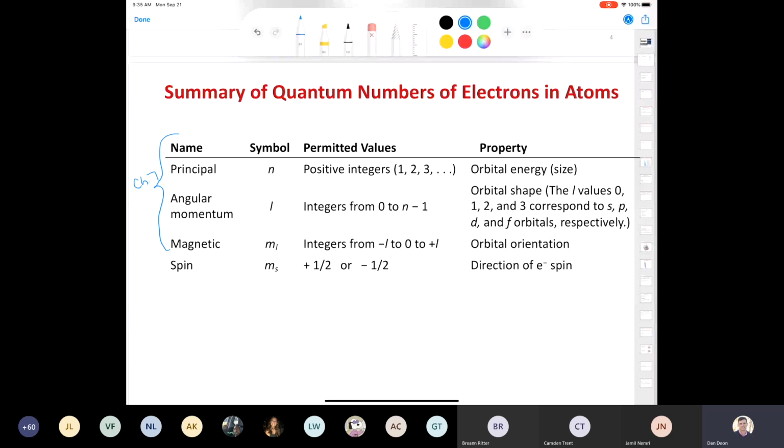The first one was N, the principal quantum number. It only has positive integers, so 1, 2, 3, 4, 5, 6, 7. And that represents the orbital energy, or even easier, the orbital size. The bigger the positive integer is, the bigger the size of the orbital, you can imagine. The next one is L, which is the angular momentum quantum number. If you're the kind of student who likes to poke around the internet and look at videos that other people put up, which I recommend,